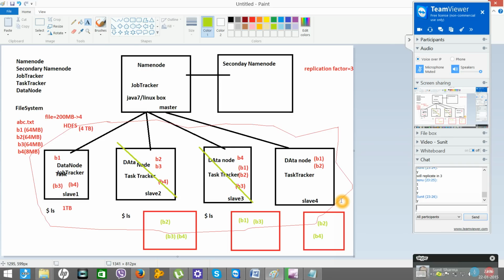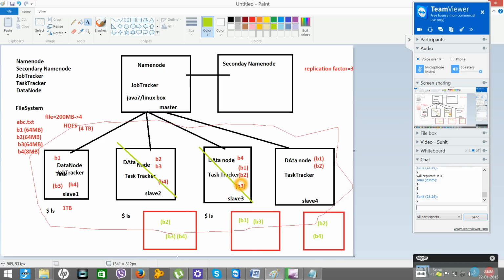Okay, now in the coming future, let's say these two nodes came up. Now don't you think this time we will have over replication, because these nodes will also come up, isn't it?